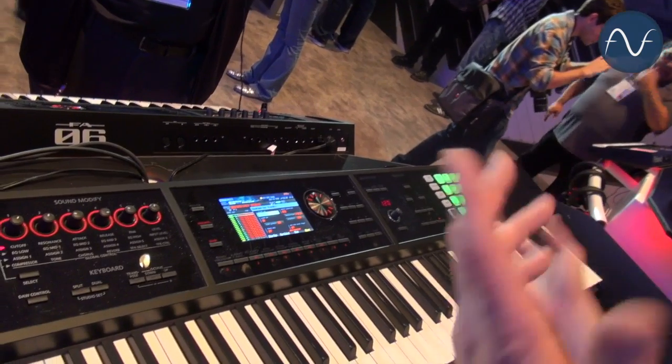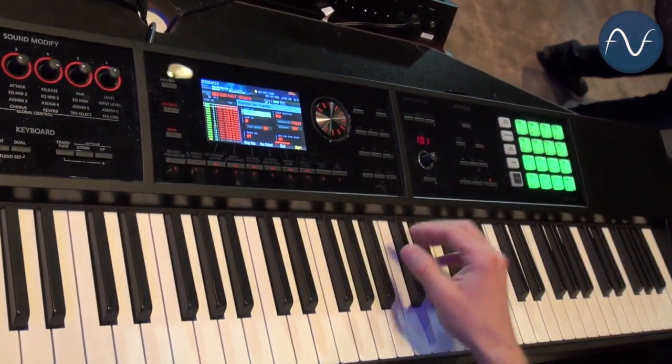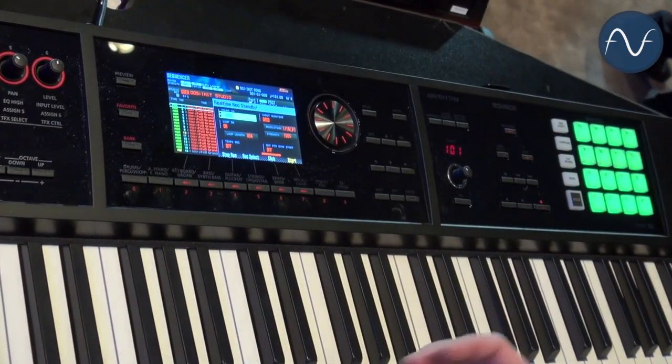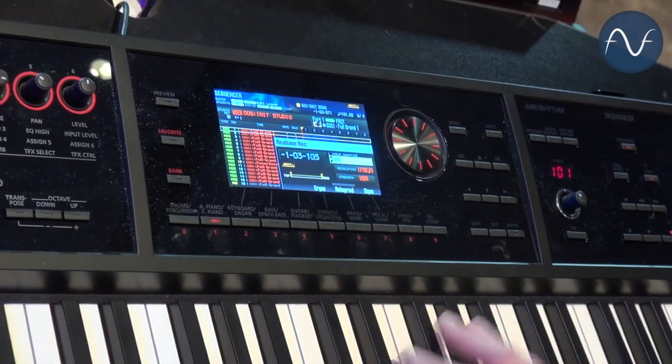So what I'm going to do here is I just press record. I can set my tempo, or I can tap tempo it. I'm going to set it to about 100 here. It's already set a 4-bar loop for me, and it's already put quantizing on for me because everybody knows I need it. So if we do this, 1, 2, 3, 4...